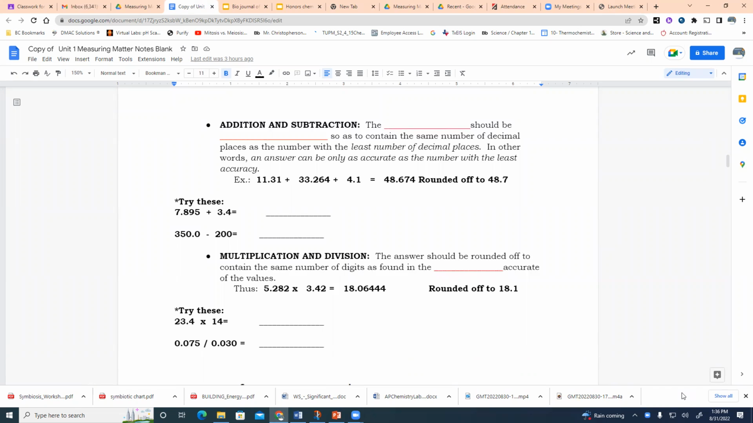Now, counting sig figs, we're going to talk about using those in a calculation, because that's more realistic of what we would do. There are two different rules depending on what kind of math operation you're doing. If you're doing addition or subtraction,